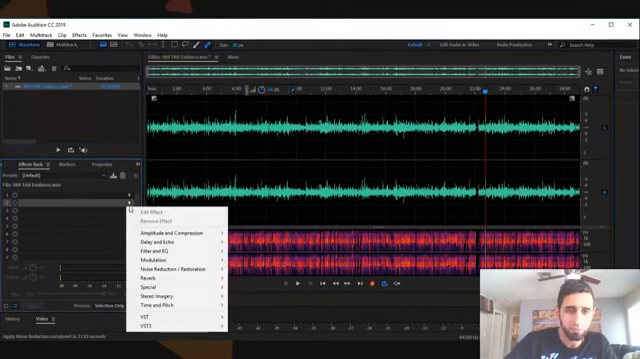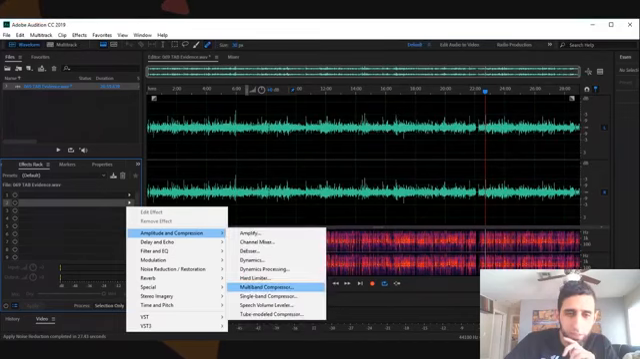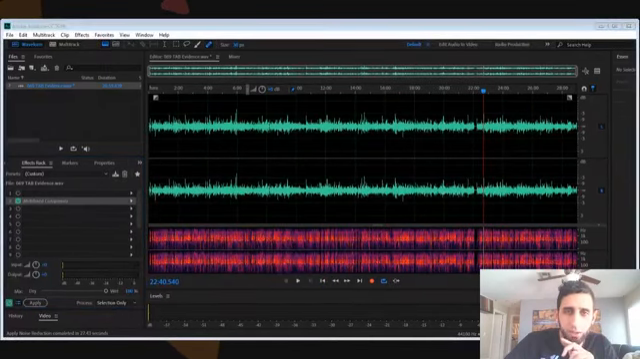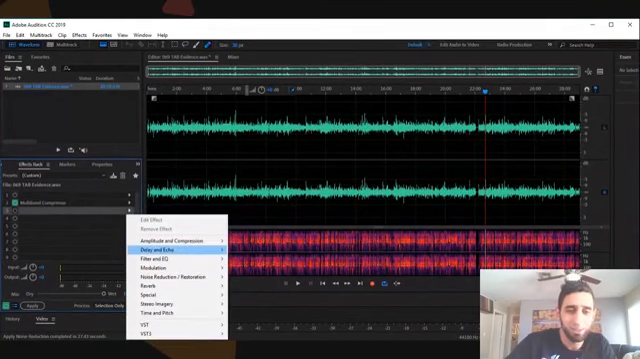So the first step is we are going to put a compressor, a multi-band compressor. And the setting we're going to use is broadcast. And then that's it. Don't touch it. This setting is very good. They use this for broadcast radio. And then after that, this is a super easy